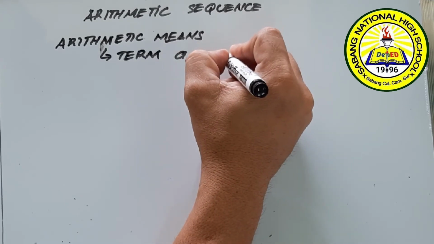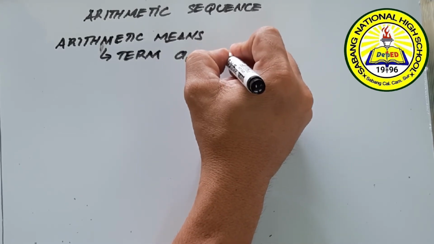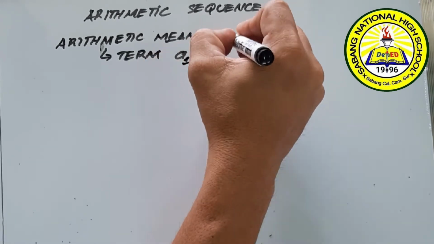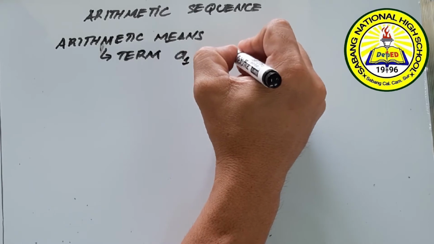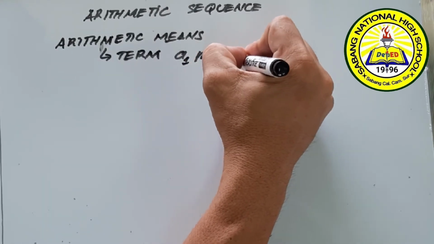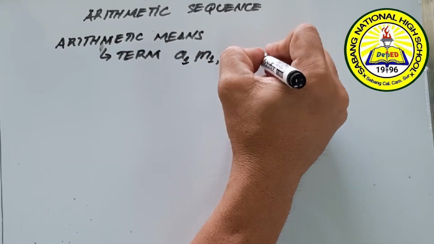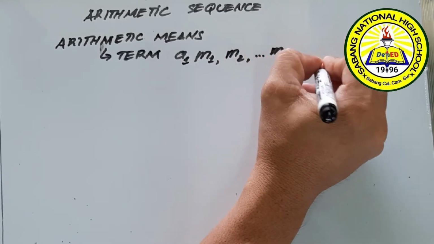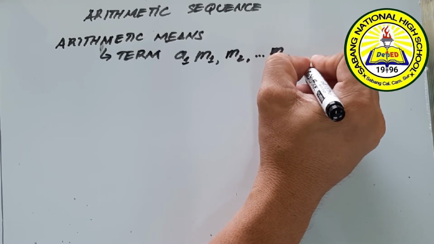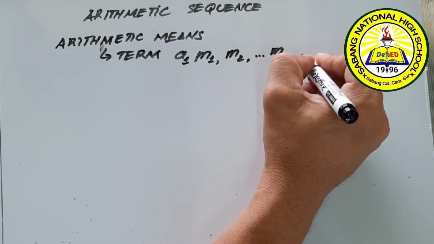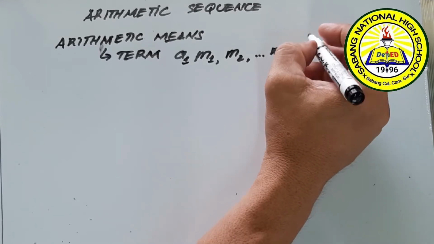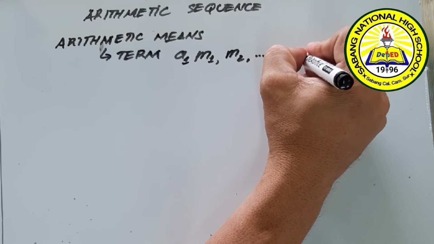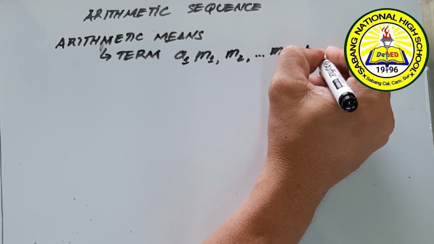M sub 1 means arithmetic mean 1, M sub 2 for arithmetic mean number 2, until arithmetic mean K, or whatever the value of K is, or however many arithmetic means are being required,